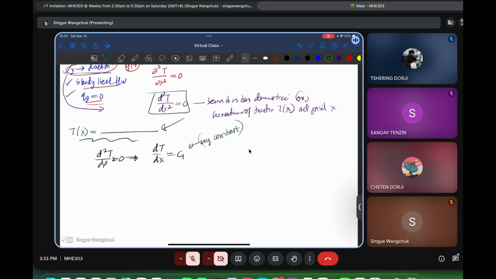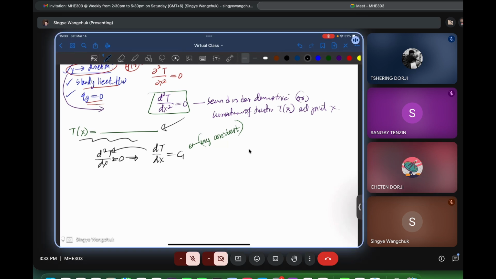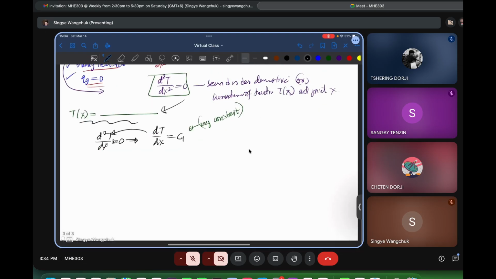If you take the second derivative of any constant, you get zero. That is why I am trying to satisfy this. Now I have to once again find the derivative. So dT = C1 dx, and integrating,